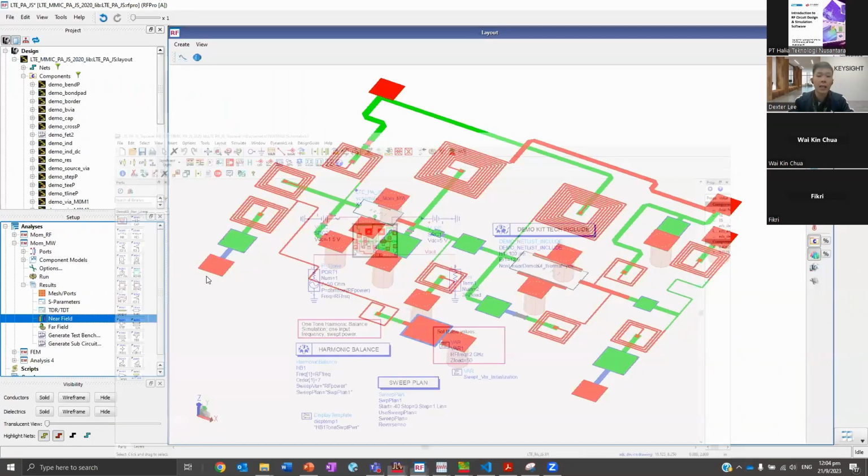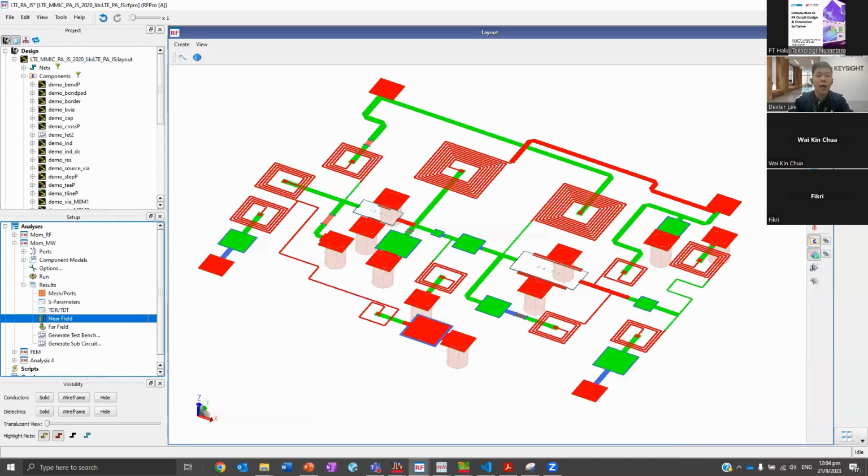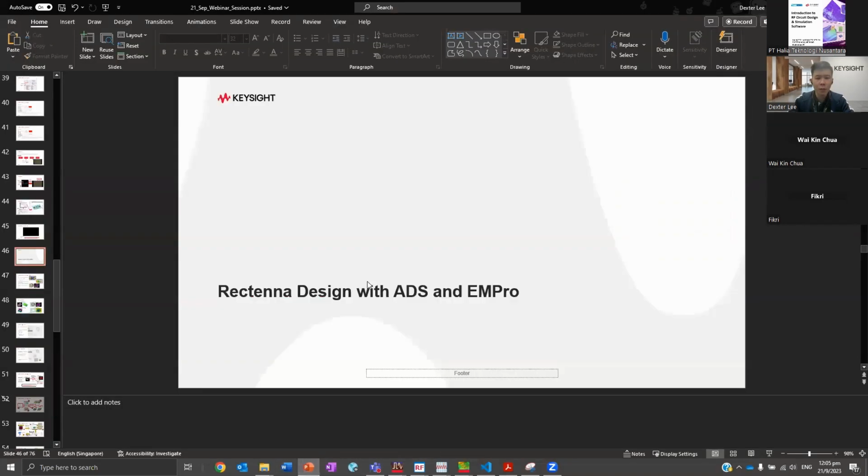So RF Pro does have this circuit excitation performance. And the thing is that if you are already using RF Pro in the Virtuoso environment, and you are interested in looking at the circuit excitation in Virtuoso with RF Pro, then Golden Gate can come in for you to do circuit excitation simulation in RF Pro. Okay, so I would say these are some of the key benefits of Golden Gate that enables you